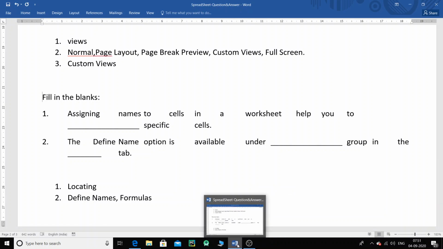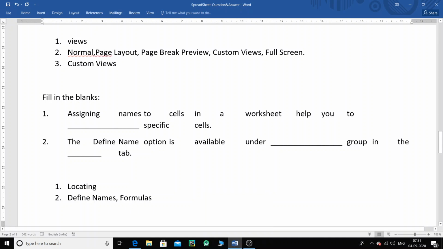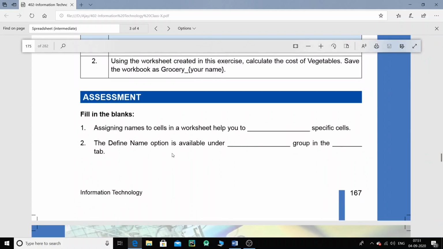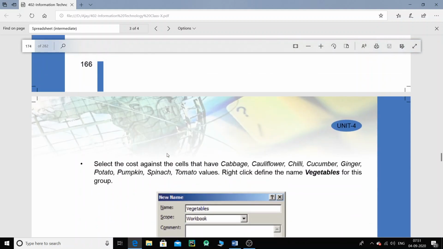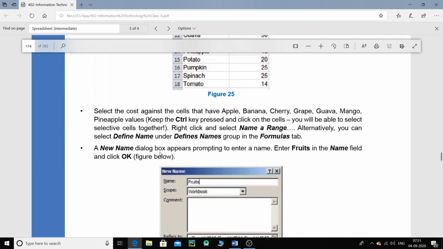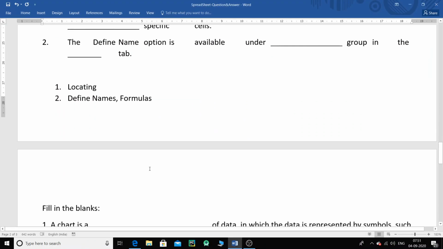So you need to understand this. The answer is define names and formulas. Let me try to locate that. You can see it's over here. To select define name under define names group in the formulas tab. So that is the correct answer, children, do not worry.